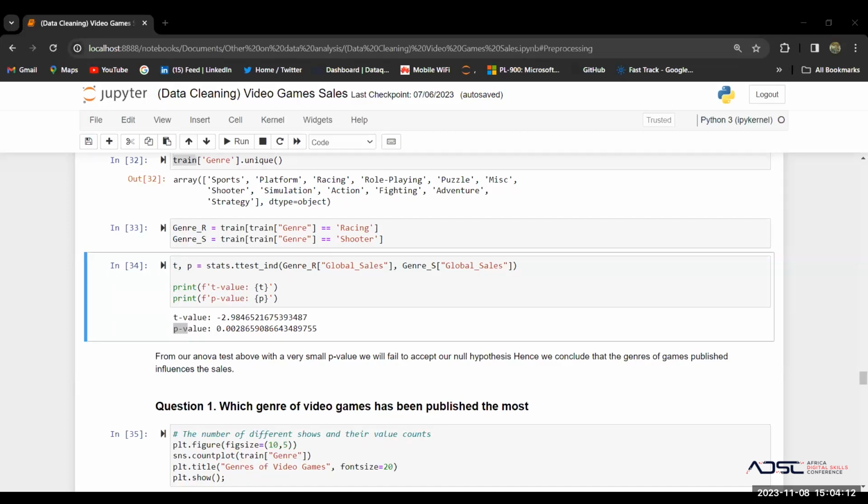Here I'm using, oh, I wrote ANOVA. Sorry, this is not supposed to be ANOVA. It's a t-test. So we have a p-value of 0.0, and normally we compare this to